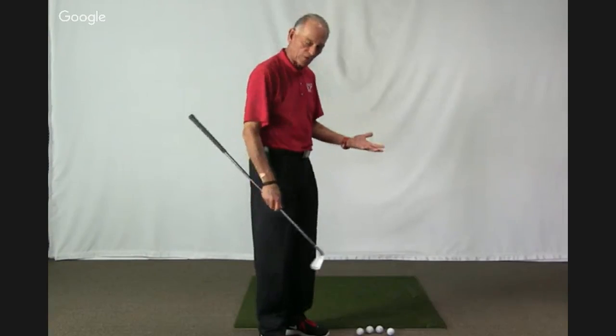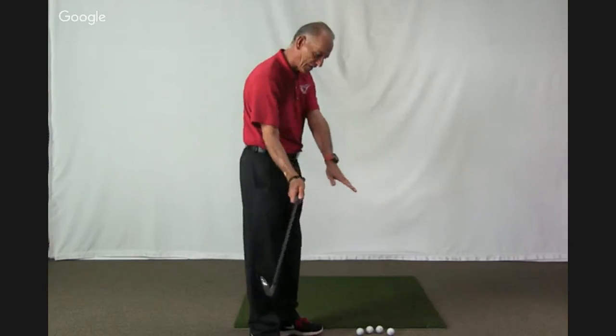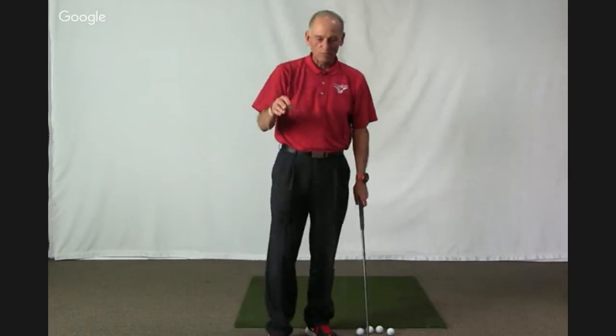So good golf strokes are normally inward to outward. Right, so that means the club head is coming from inside the ball line into the golf ball and then back to the inside. And then we're going to have a bonus topic, which is for us seniors, and